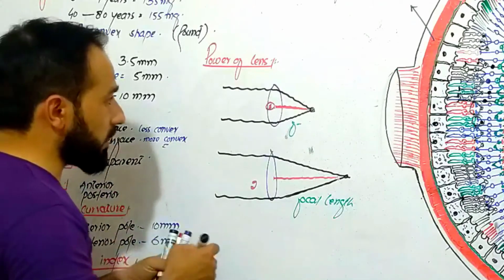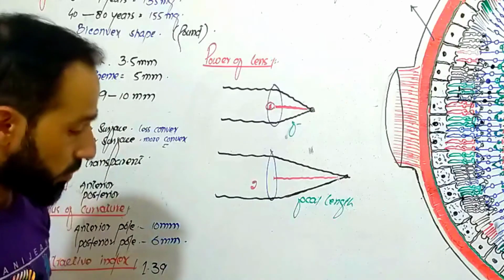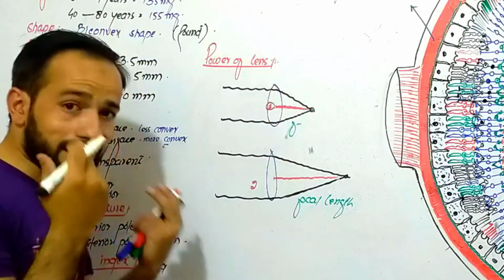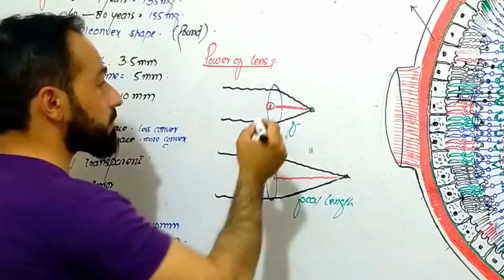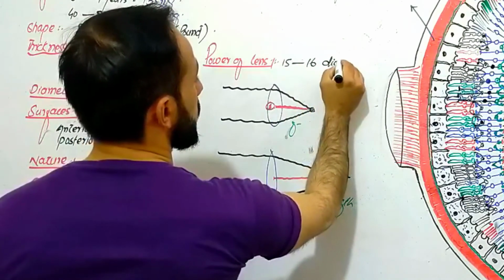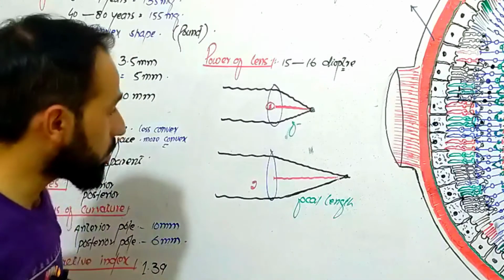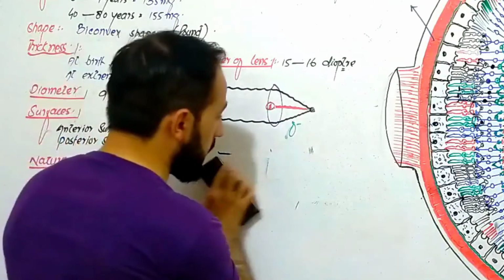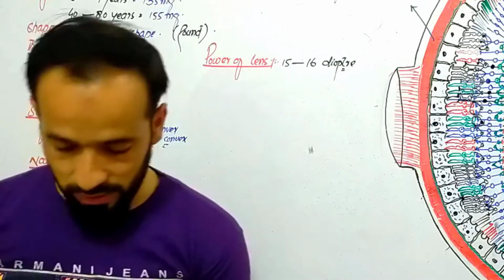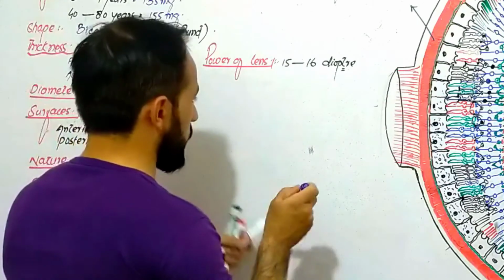So the power of the lens, in the case of our eyes, if you are a doctor, what will you say? You will say that the power of our lens is from 15 to 16 diopter, right? Diopter is a unit for the power of a human eye lens. Now look carefully, what is diopter? Let's make a very small calculation here. For example, once again,